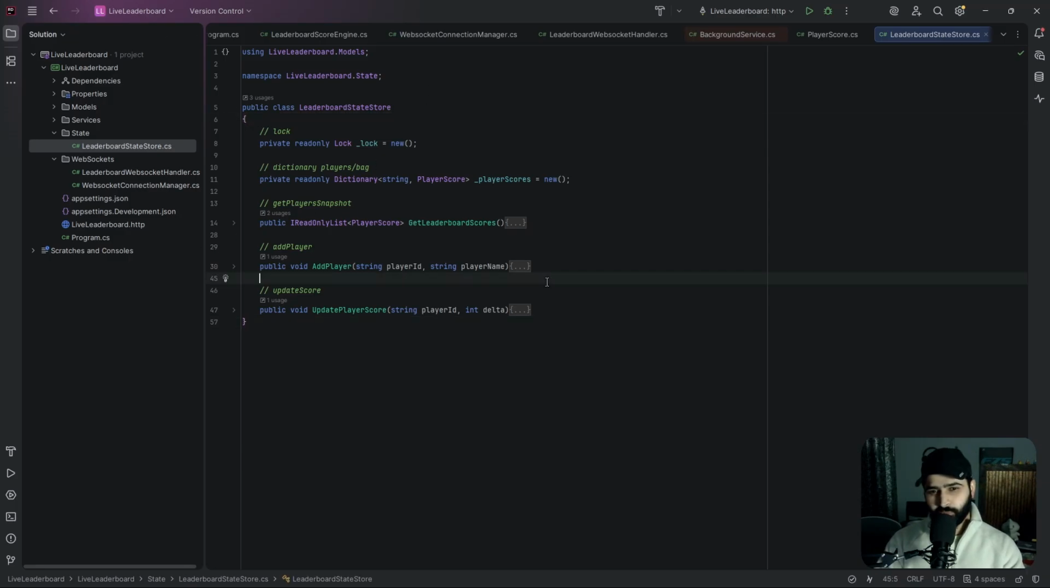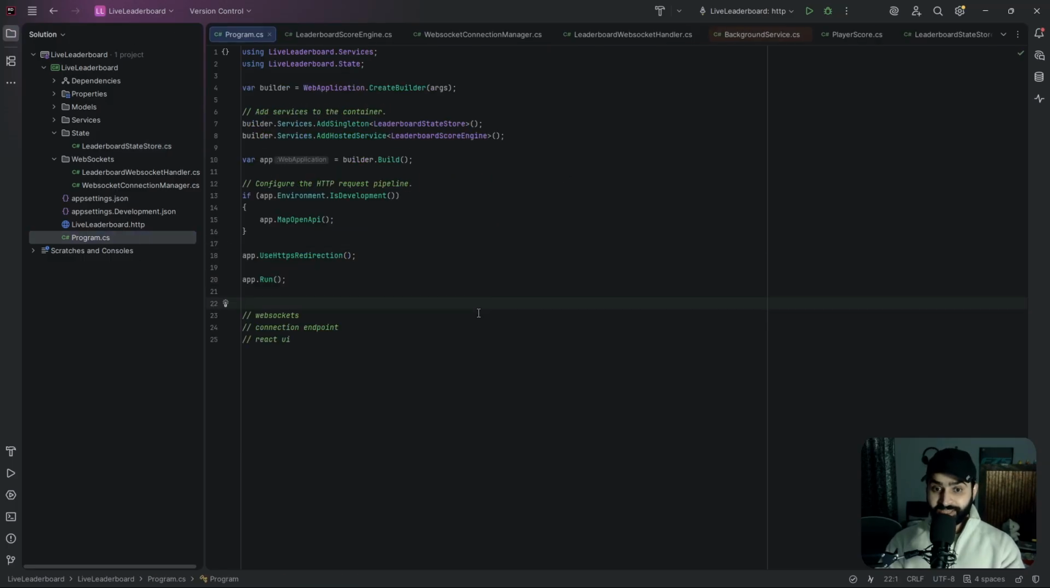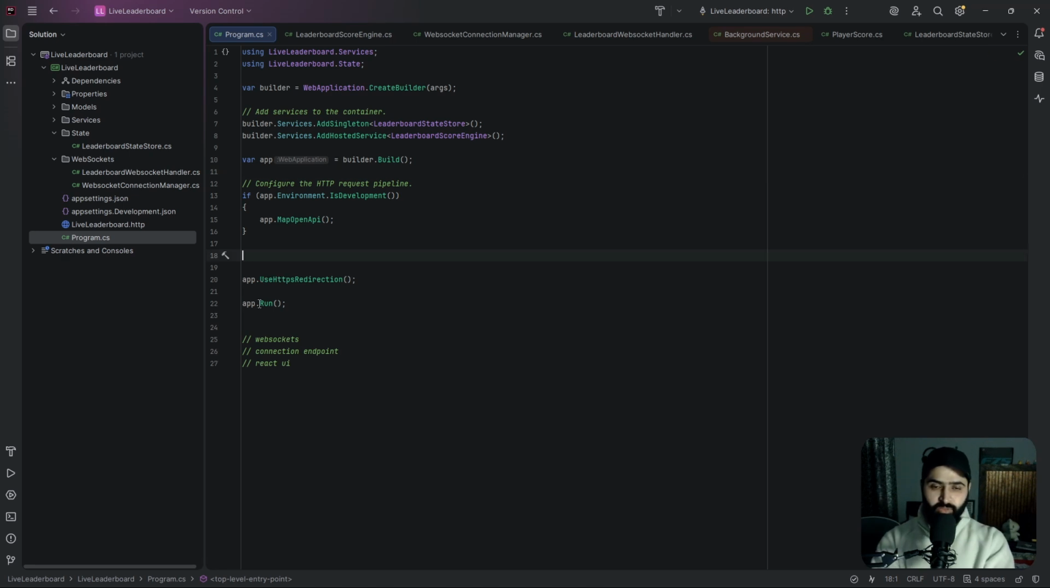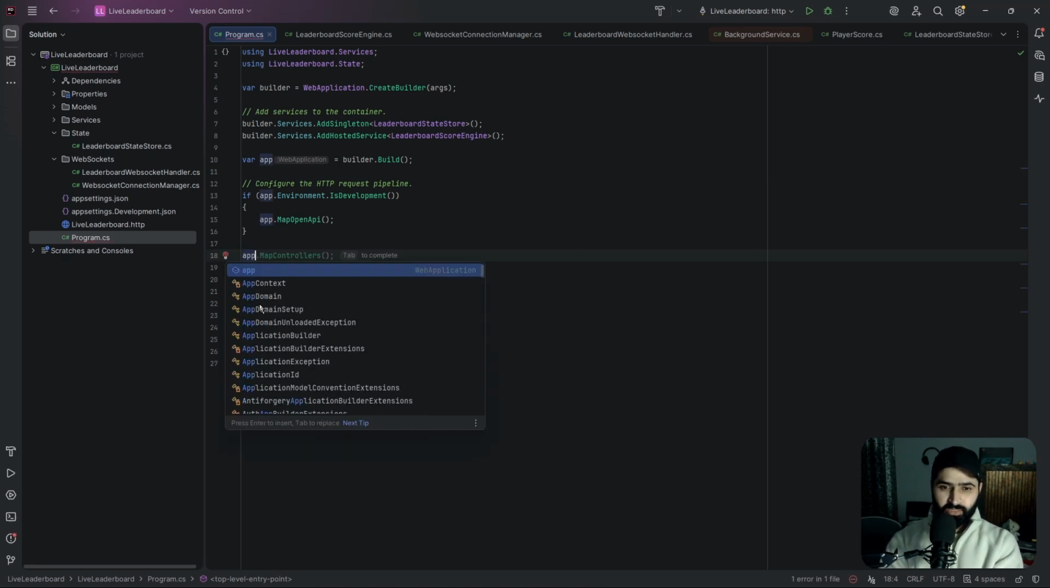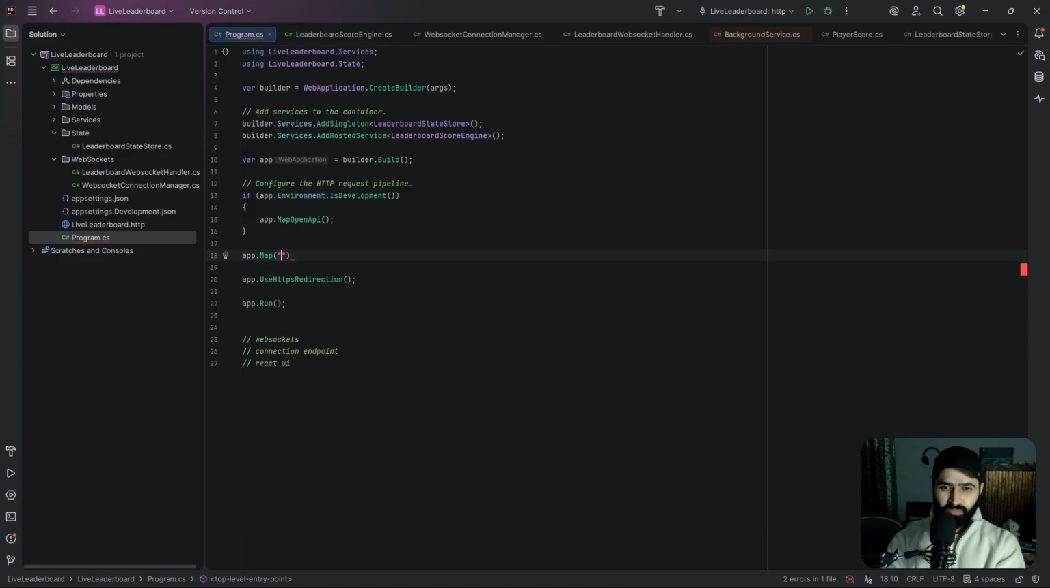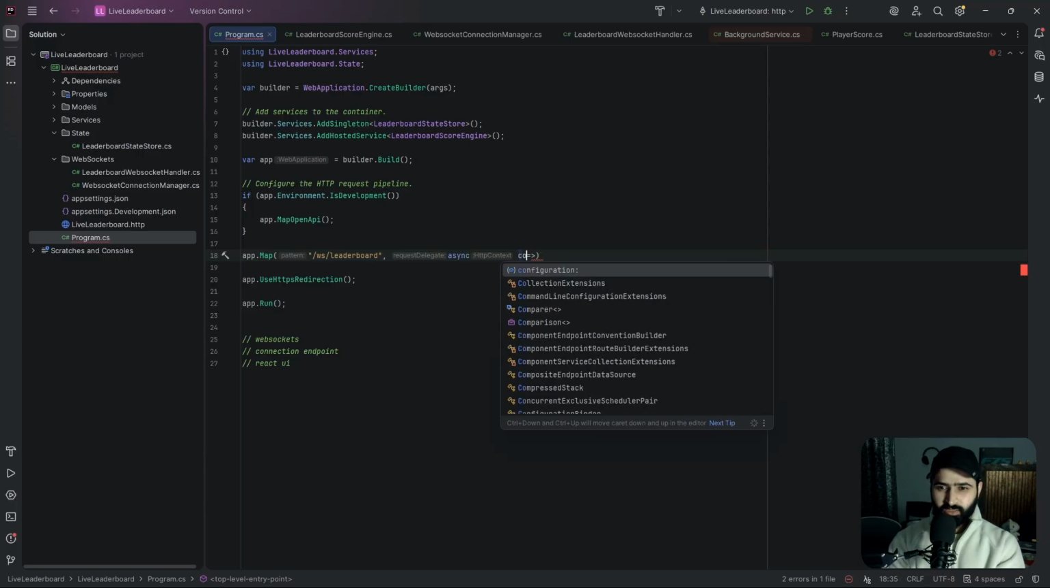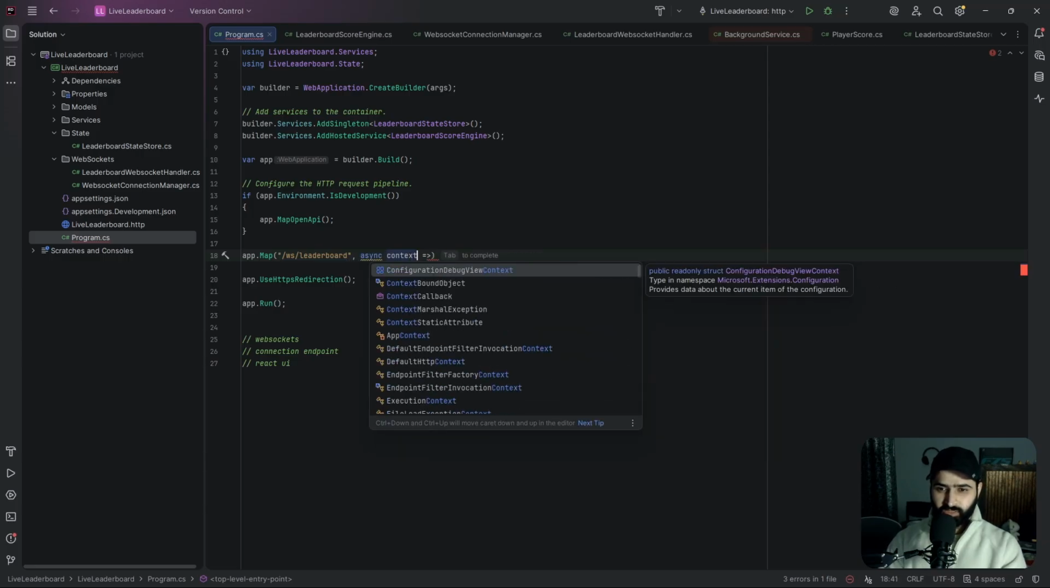सबसे पहले रेस्ट एंड पॉइंट डालें। पहले रेस्ट एंड पॉइंट डाल के चेक तो कर लें चीज़ें चल भी रही हैं या नहीं। ठीक है, तो रेस्ट एंड पॉइंट मिनिमल एपीआई से ही बनाएंगे यहाँ पे, अभी हम कंट्रोलर नहीं लिख रहे उसके लिए। तो हम यहाँ पे सीधा मिनिमल एपीआई बनाएंगे ऐप डॉट मैप, और यहाँ पे हम देंगे वेब सॉकेट लीडर बोर्ड इसको दे सकते हैं, और HTTP कंटेक्स्ट। सबसे पहले तो इसको असिंक बना लेंगे और यहाँ पे एक हम कंटेक्स्ट पास करेंगे।